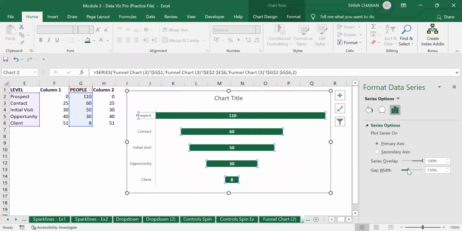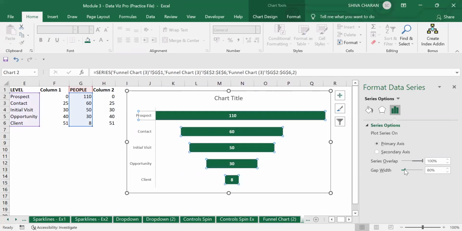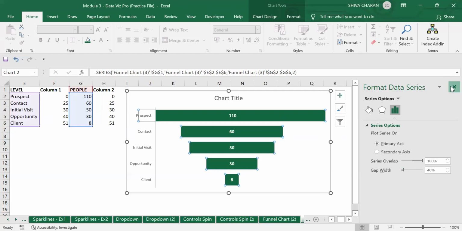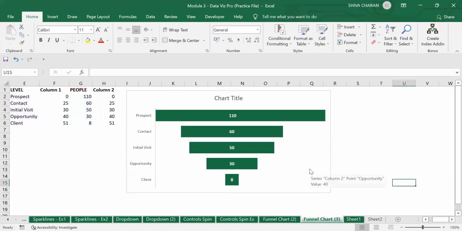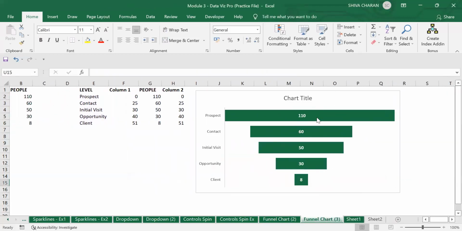What you need to do is decrease the width, right? So if you decrease it, the bar size will get increased, right? So let me decrease it. Right now we have also increased the size of the bars here, right? So now if you observe